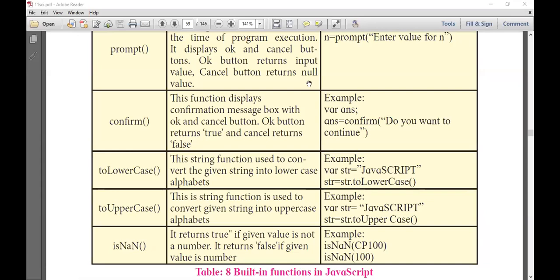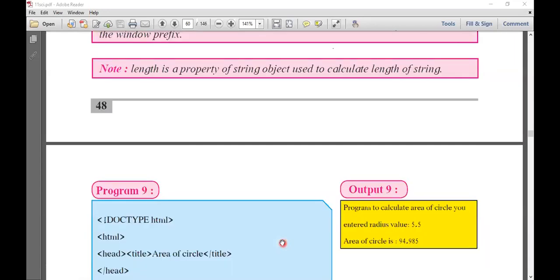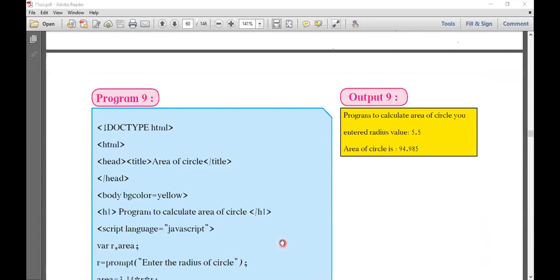Okay, so these functions we studied in the last session. Then we jumped to a program. We had a simple program using mathematical operations. We studied how to concatenate strings using the plus operator, and why we require the parseInt function and the prompt function. Those things we studied in the last session, and I will not repeat them again because in the next session we have to complete. So we will jump to the notepad. Now I redirect you to the next screen, that is the notepad screen.